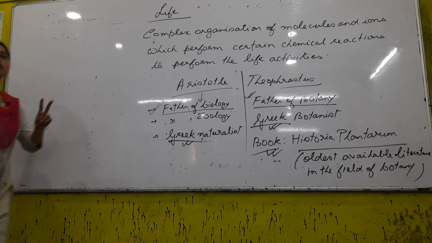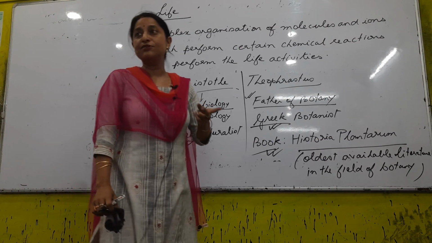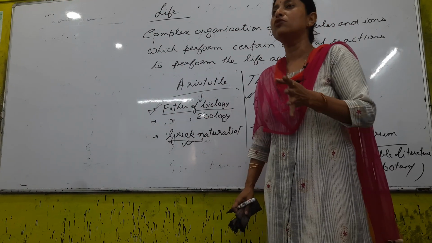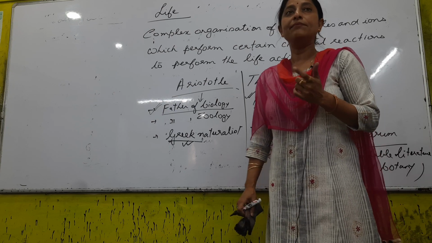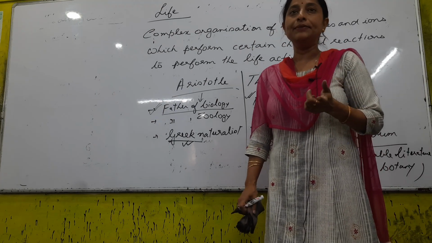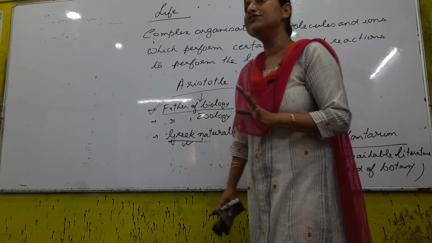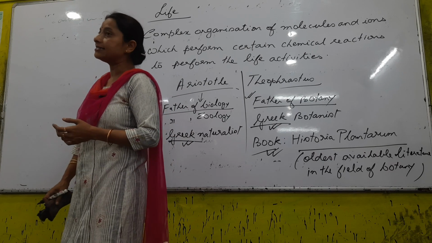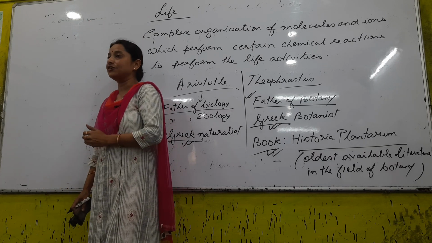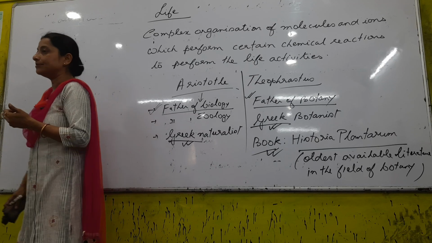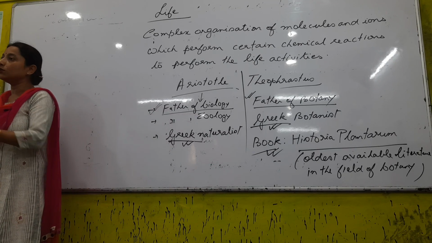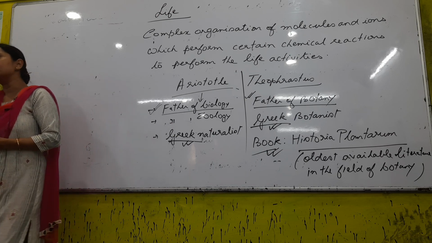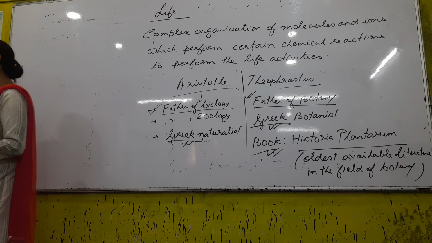So we will be talking about just 2 points. However, not very important from the examination point of view. Similarity first: they are made up of the same compounds, CHON. Always carbon, always hydrogen, right? So the basic elements are the same. Second point is they are subjected to the same set of natural rules. For example, if we are talking about gravitation, a living body is pulled by gravity, a non-living body is also pulled by gravity. Yes or no? Radiations also, magnetism also. So there are certain points of similarities and certain points of differences.